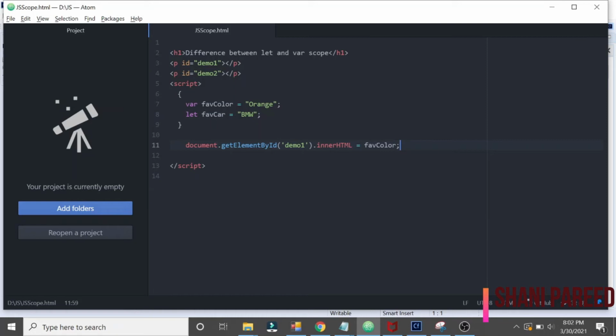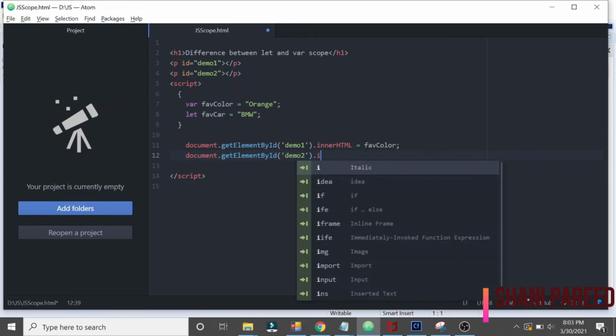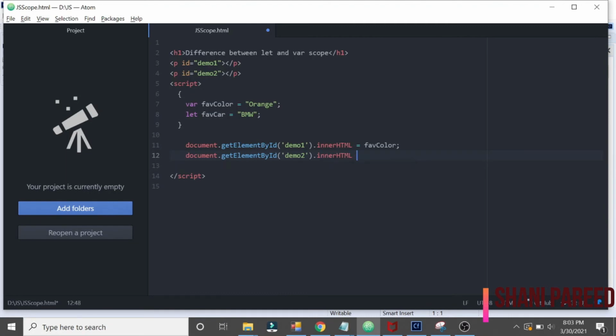Let me try to display the other element by document dot getElementById of demo2 dot innerHTML equal favoriteCar, right? Fav car. Yep. So that is with let scope, right? So let scope, what is the let scope? If you look at